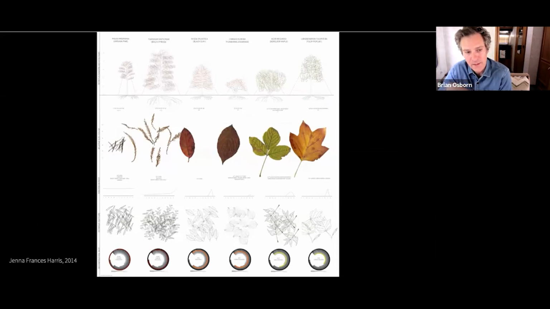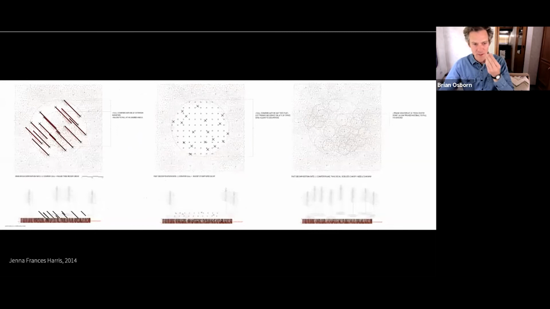And then she's looking at the material of the leaf litter itself, which has a range of decomposition rates from fast to slow based on kind of density. And then she was also looking at abscission, or when the leaves would drop, what season, what time of year. And then at the bottom again is a sort of rate of decomposition study.